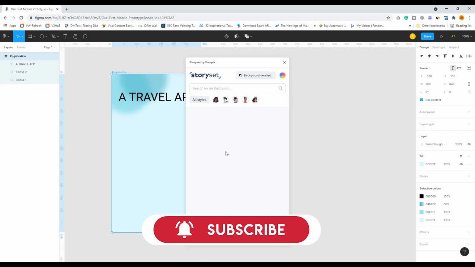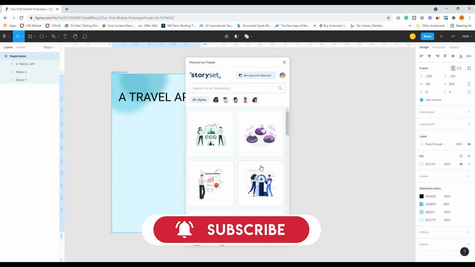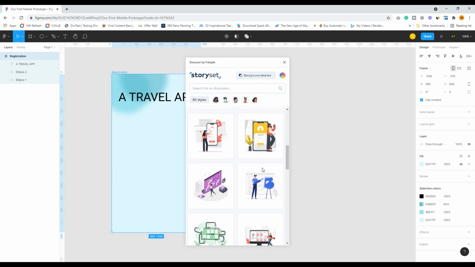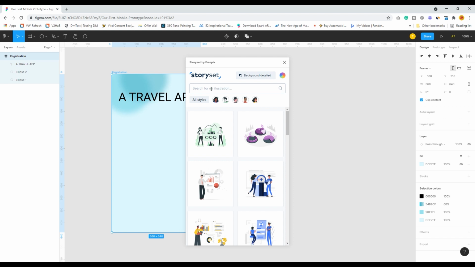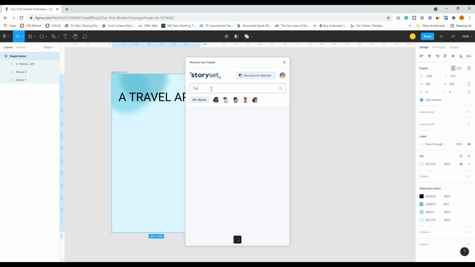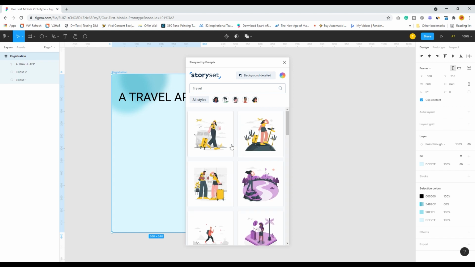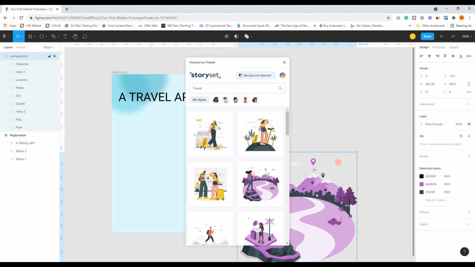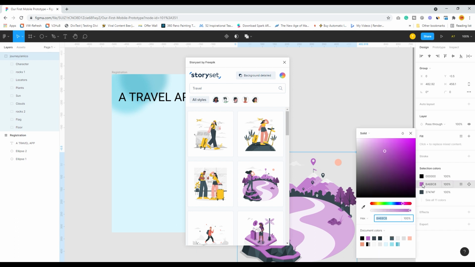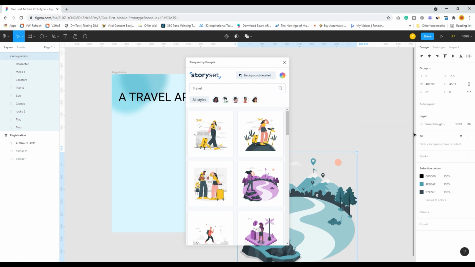So I click on this and see a lot of this type of elements has already come. So isn't it great? And I just search for travel. Okay, see, I have got some fantastic images over here. I like this thing, so I choose this particular image and I can actually see how I can actually change the colors. I can just select my brand color. Voila, just see my entire color palette changes. Isn't it awesome? I click and close this thing.